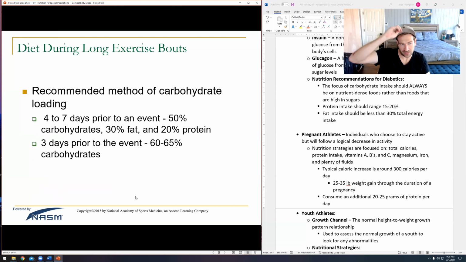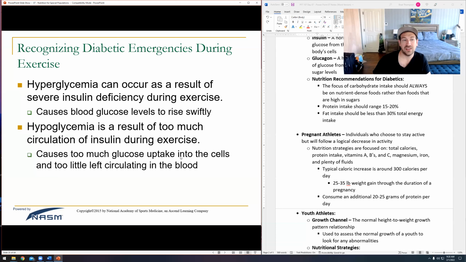And then if they are doing carbohydrate loading, let's say you have a diabetic who is trying to run a half marathon or a marathon, you can do the same carbohydrate loading schedule as normal. This looks exactly the same as our regular client. So 50% carbs, and then 3 days prior, you load it up to about 65% carbs. So they do get high carbohydrates, but just be careful with the carbohydrate loading with your diabetic clients.